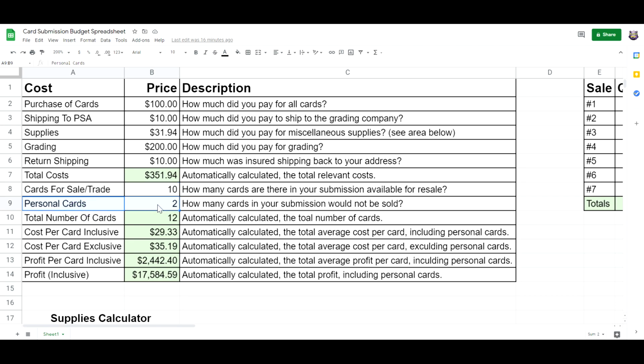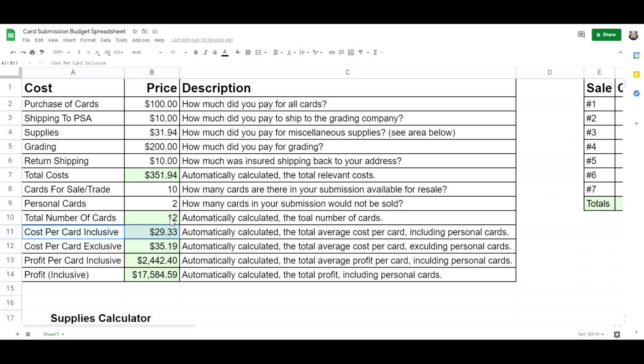Ditto the next field, which is the personal card section. So you're going to do the opposite, right? You're going to say how many are for sale, how many are not for sale, and that gives you your total number of cards. Then what I went ahead and did is I basically divided the total costs by the total number of cards. And as you can kind of tell, it's a relatively simple process. There's nothing here that's really brain science. But what's important to note is that this gives you two very interesting figures. So the first is the cost per card inclusive of your personal cards. So basically this is